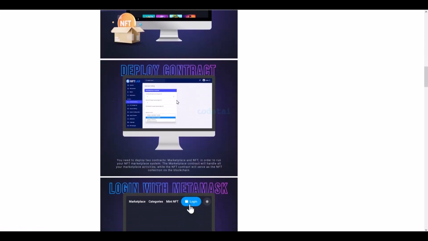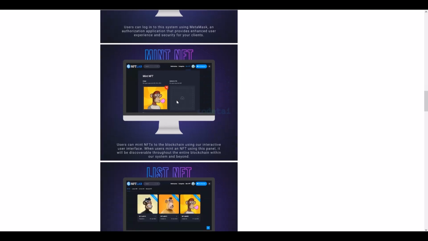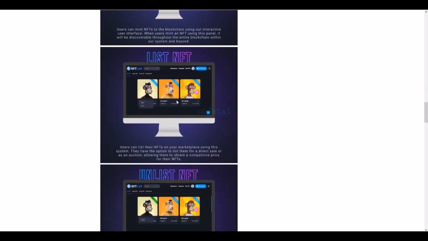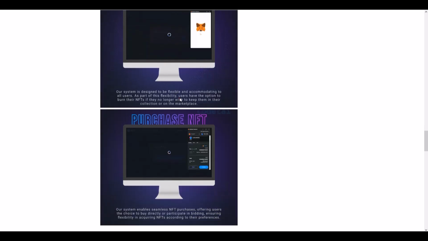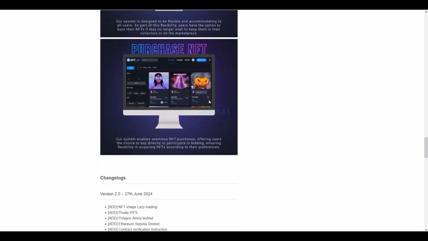If you buy this source code once, then you can use it on the website for lifetime. Also, you get source code update versions for lifetime, and you can take developer support for any problem.